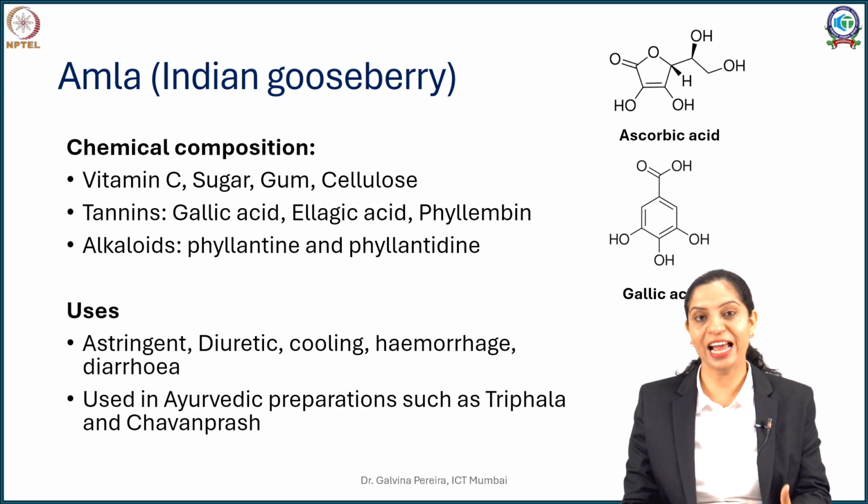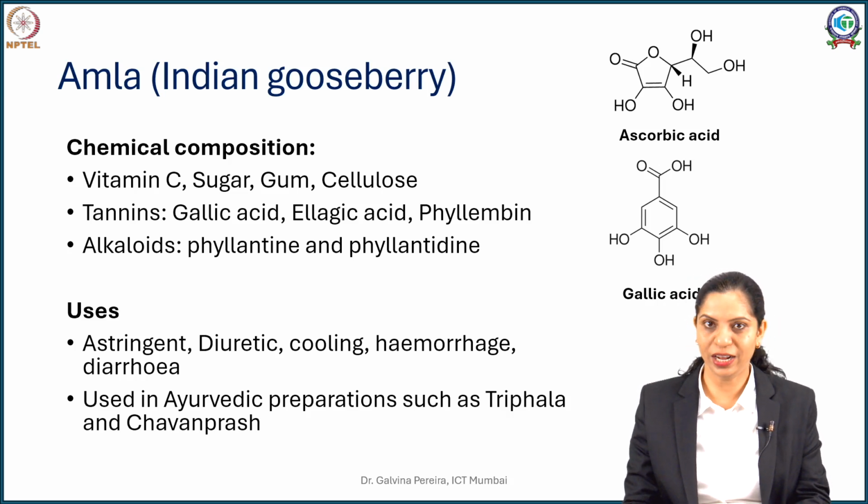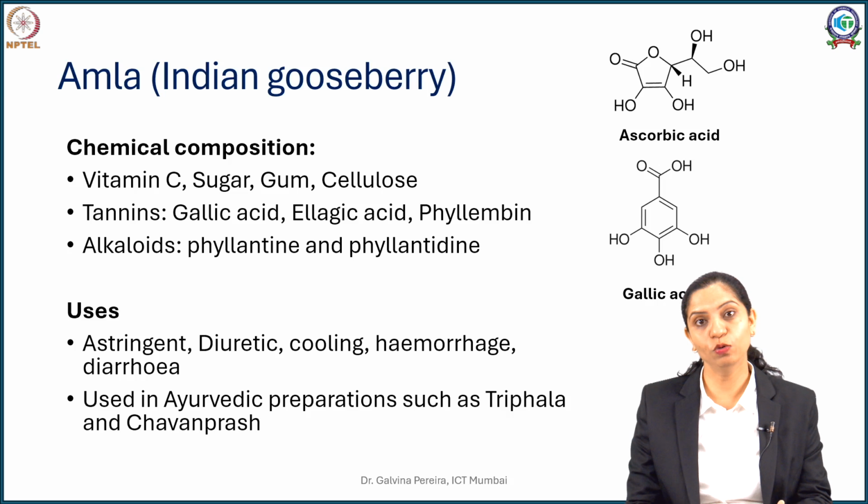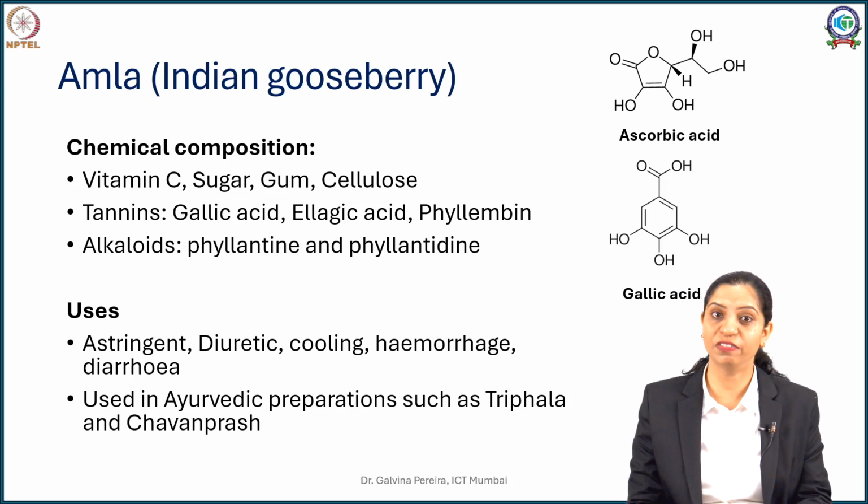Now having a rich tannin content, it can address hemorrhage, that is bleeding, and it's also used in diarrhea because of its antimicrobial activity. We saw that it's protein precipitating, and because of this activity, it binds to microorganisms and effectively removes them. So in Indian traditional medicine, especially Ayurvedic medicine, you can see amla being used in Triphala Churna, which is there for GI disorders, and it is also an immune booster because of its vitamin C content, and that's the reason you find it being used in Chyawanprash.